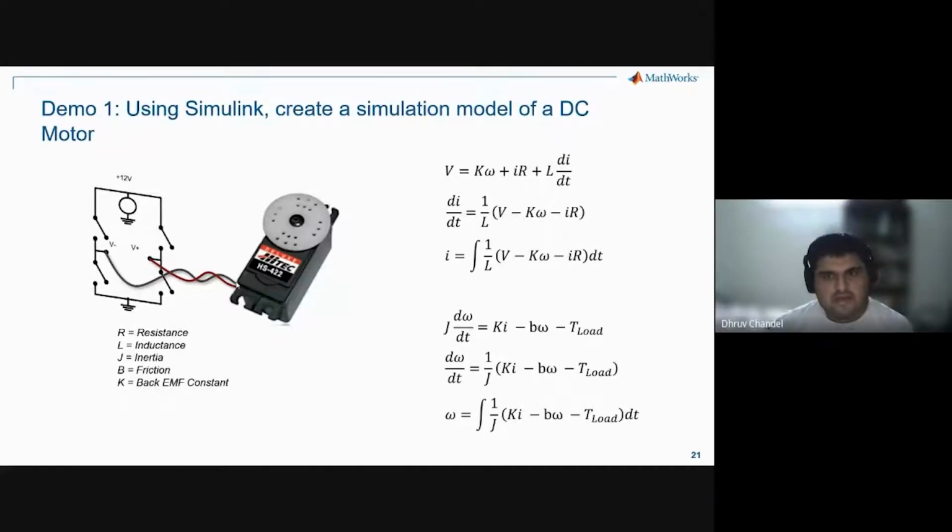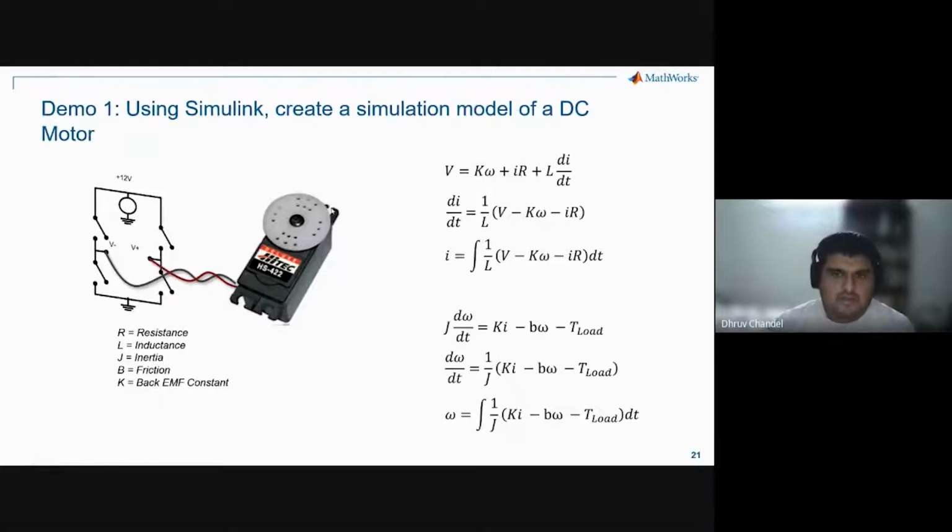Because we have an understanding of the mathematics of this motor, we are going to take these equations into Simulink and build a model of this motor such that we can simulate it. That's going to be the first step. Once we know how to model certain kinds of mathematics inside the Simulink environment and how to develop a controller for it, then we'll see how to use that for robotics.